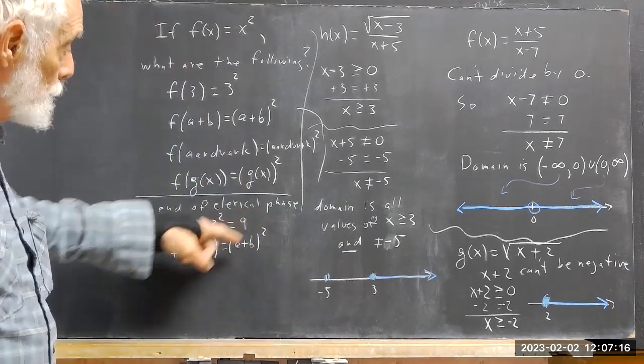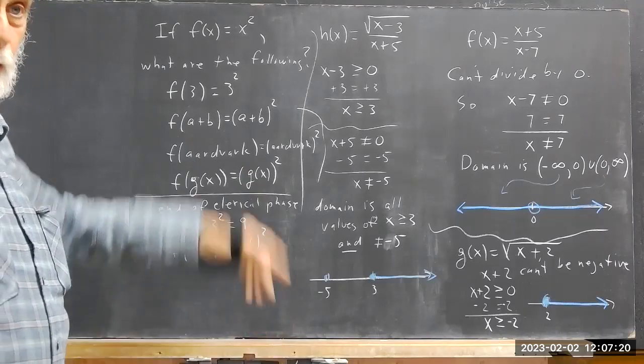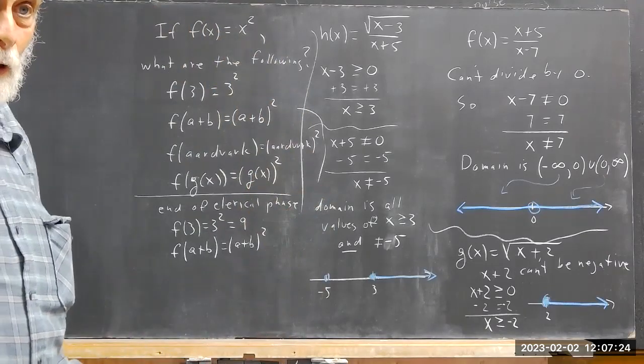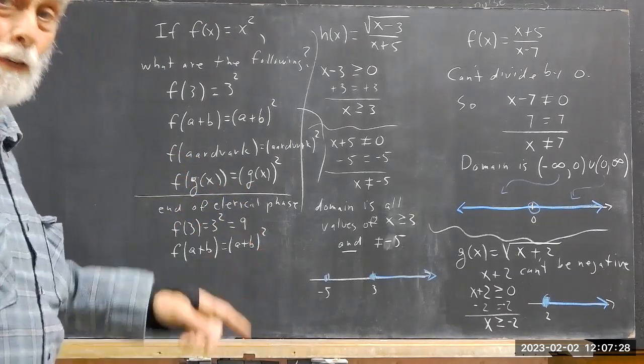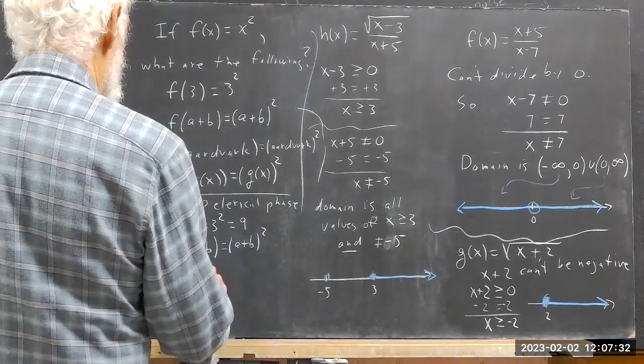This looks like there ought to be a distributive law. You ought to be able to distribute the 2 over that addition, even though it's a square, it's not a multiplication. Well, no, there's no distributive law of exponentiation over addition. What this is equal to is